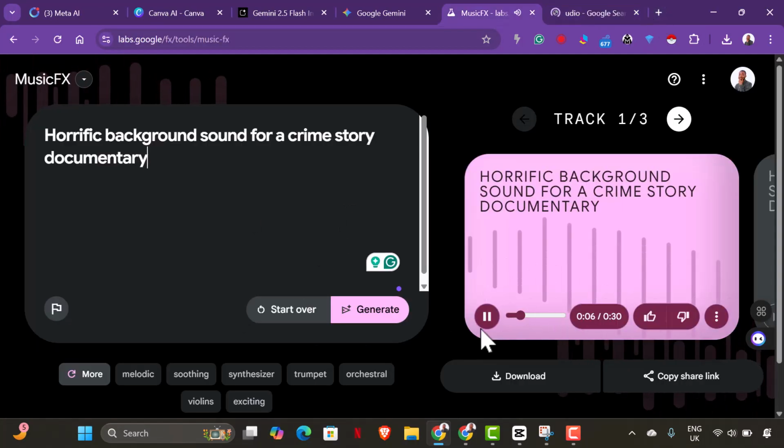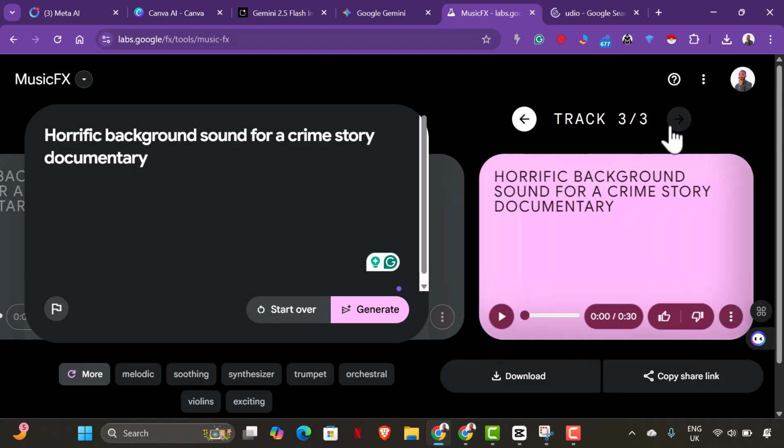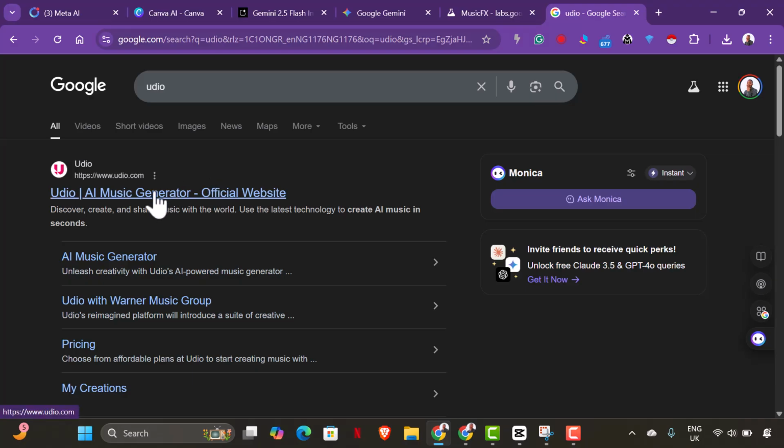So this is the song. We've created a music which is a 30-second kind of music. You have a track one, you have a track two, which is 30 seconds as well, and we have the third track, which is 30 seconds as well. But that way you'll be able to generate a background music for your video, and that way your automation is nearly completed because we've used the Google AI Studio for limited voice, we've used the Nano Banana to manipulate images, we've used Meta AI to create animation, we've used Grok AI to create real life footages, and you can use music effects to create background sound. And the last one now is going to talk about audio, which is